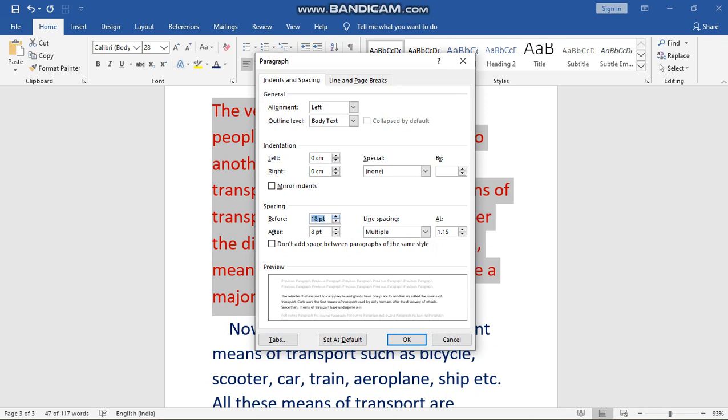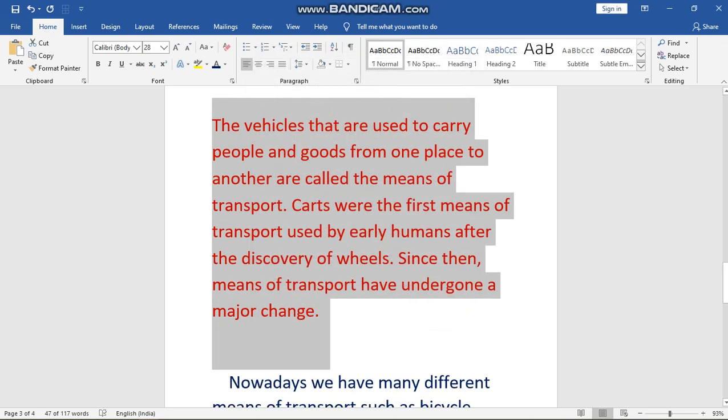You can change or increase the value. You can see the space between the lines at the starting of your paragraph will increase, and here it will change the bottom part. Can you see that? You will click OK, and you can see the space before the paragraph and after the paragraph has changed. This is how we can do the paragraph space setting.